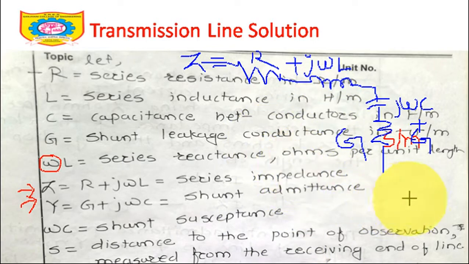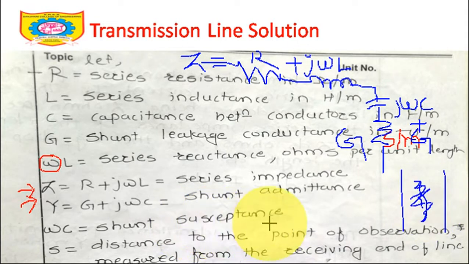You might be knowing this. Whenever a capacitance is given to us, there will be a dielectric associated with this, and the dielectric will have certain properties, and how much it is susceptible to the field is dependent on this susceptance value. And what is small s? Now this is the important thing to understand. Whenever I am talking about any transmission line and these transmission lines are measured, what is this?